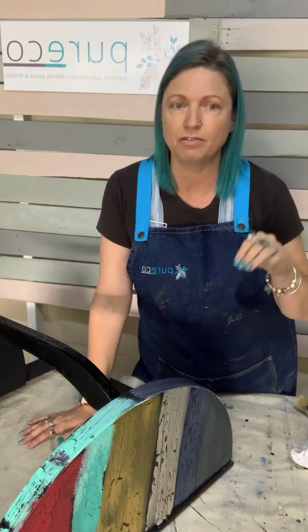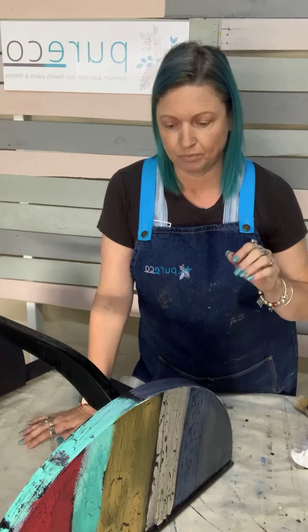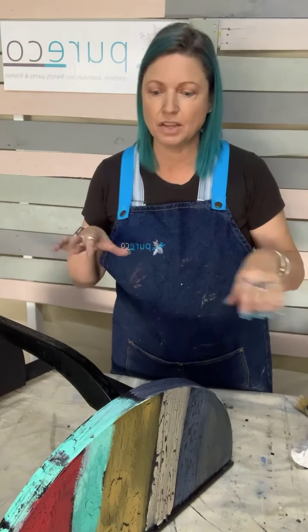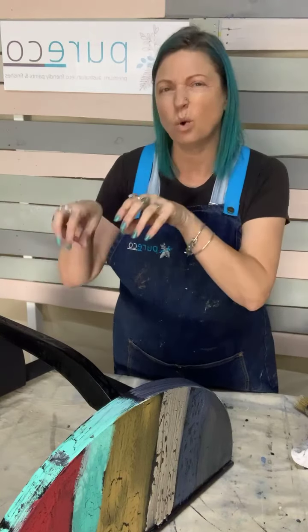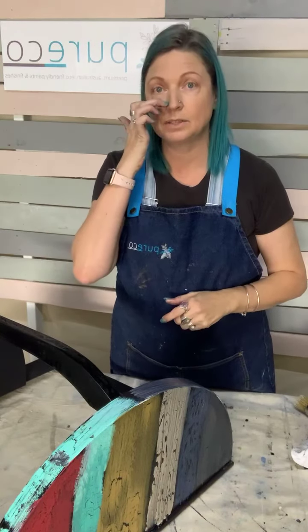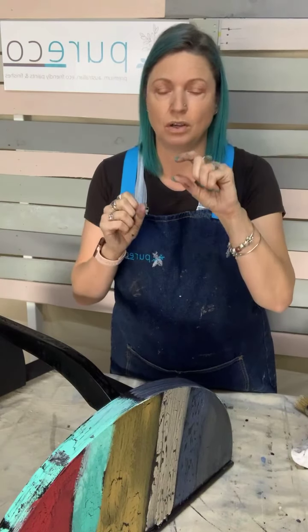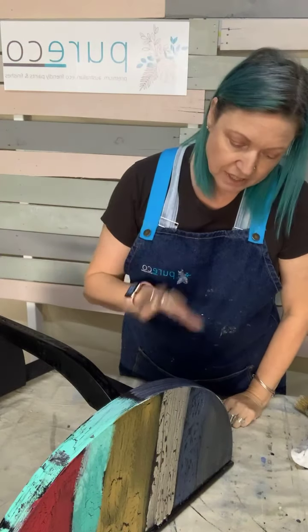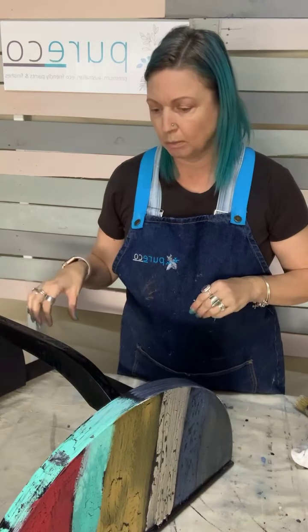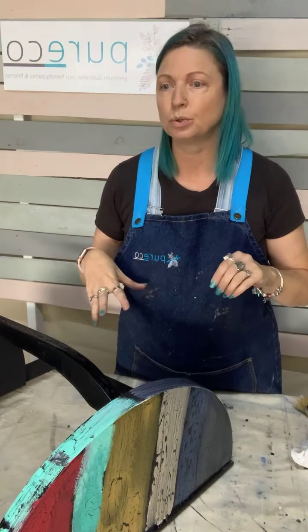So you can do some really fun things with the texture. It doesn't have to be just an all over complete look either. You can do it over your appliques, in your corners, crevices, any sort of details on your pieces. Really nice just on painted knobs as well, like painted handles. So yeah, it doesn't have to be all over. You can do it just in little pieces. It's really cool